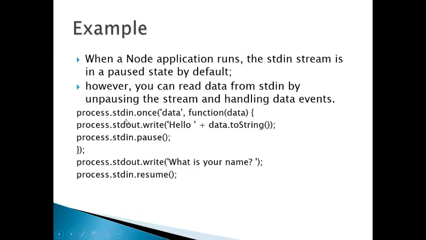What it is executing, it is taking the data: process.stdout.write hello and whatever the data has been provided, and then we are doing process.stdin.pause. So this function actually starts from here, process.stdout.write. This will be printed onto your screen. Actually it is console.log: what is your name? And after this question, it is actually processing stdin and unpausing it,